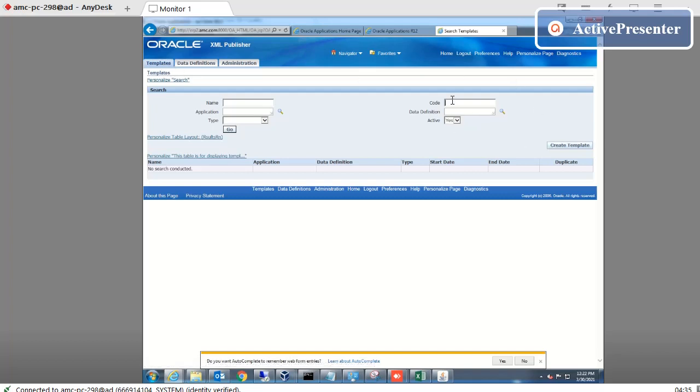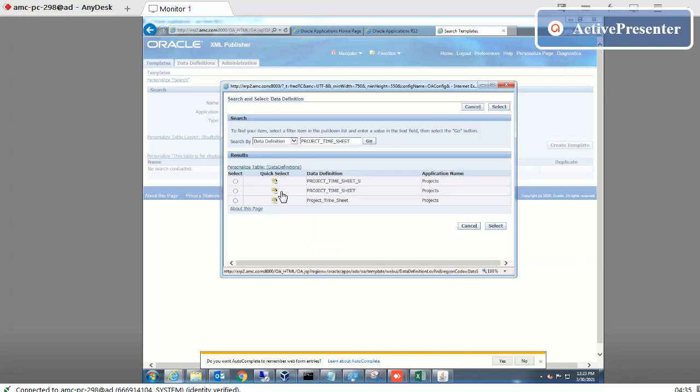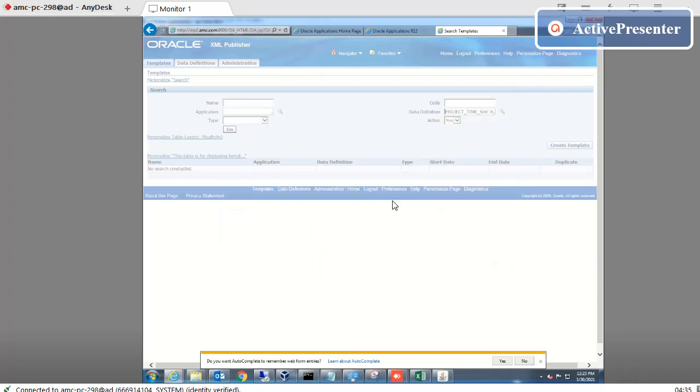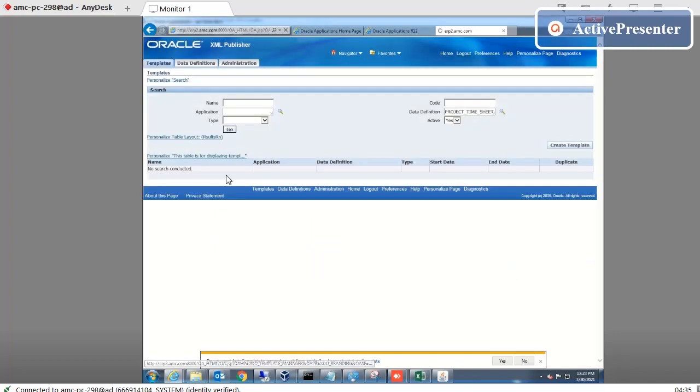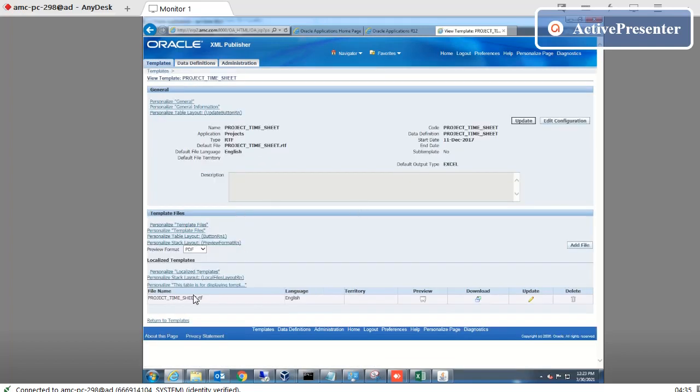Template is created in MS Word. Let me show you here. Go to find button. This one. Okay. So I will download this template. We have to register the template here.